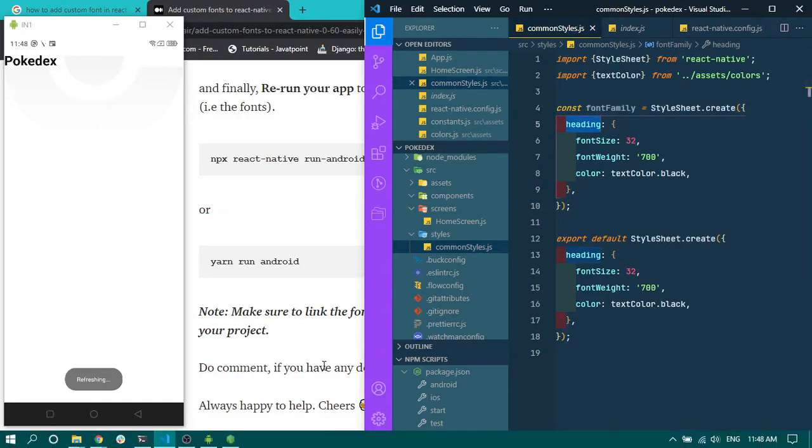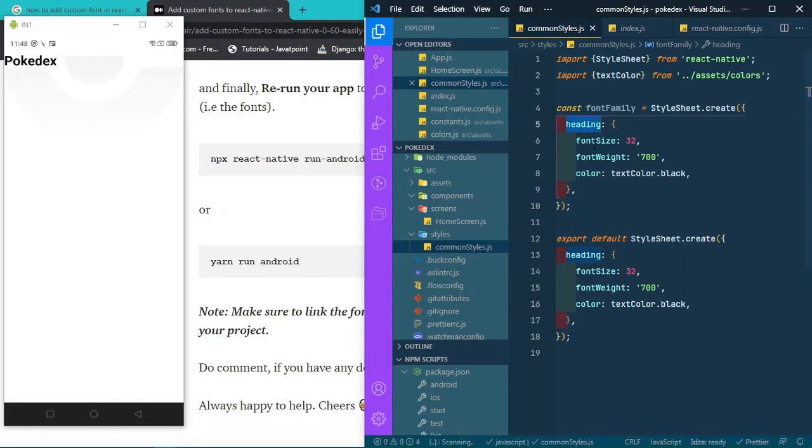So my first font family is, I will add here fontFamily as